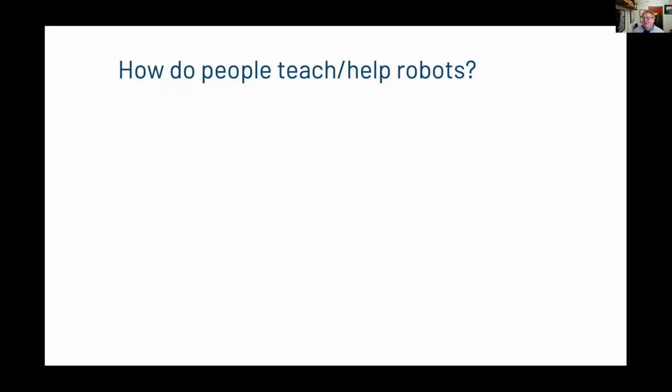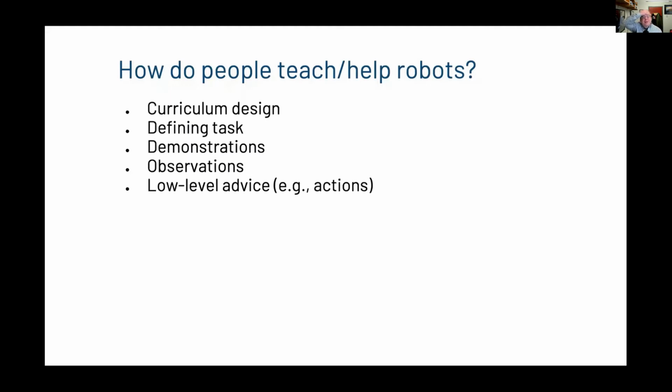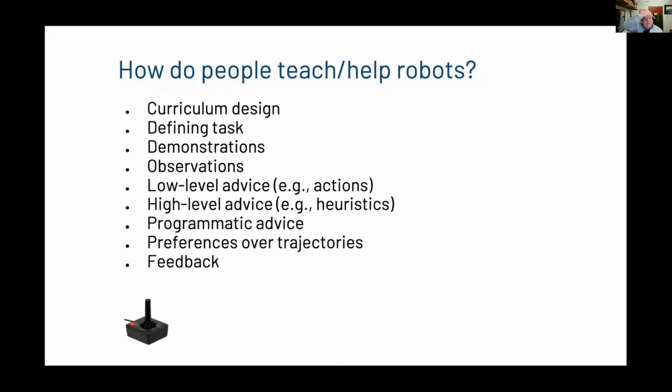Okay, any others? When you're thinking about corrections, this could be critiques, could be individual actions, it could be high-level things, could be natural language. Yeah. Scaffolding, curriculum learning, directing them around, reward. Awesome. Okay, good. So at least for me, this is early in the morning. So I'm hoping for those of you who are also on your first Red Bull, that this helps you think a little bit. I mean, there really are so many ways that we can help out robots.